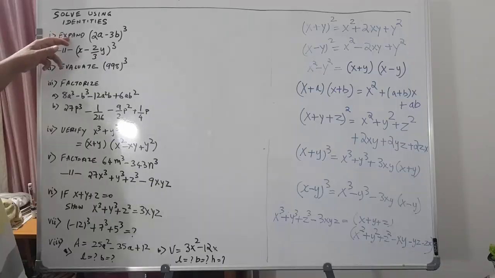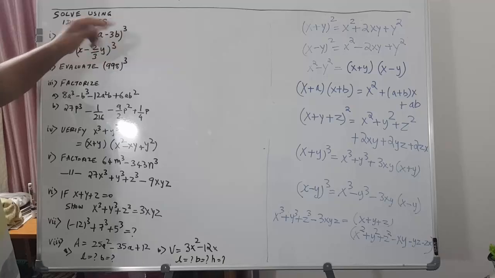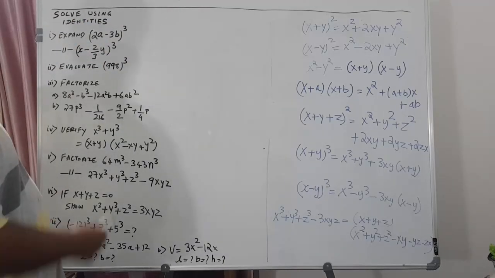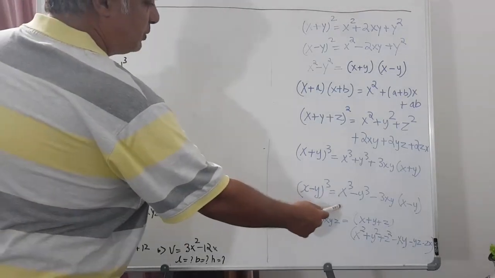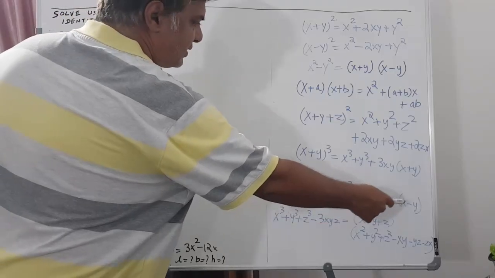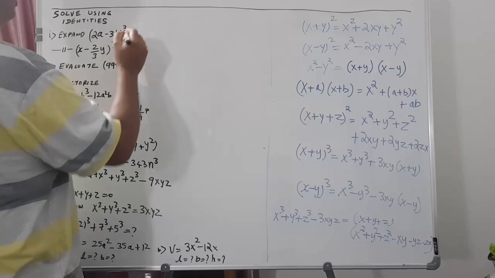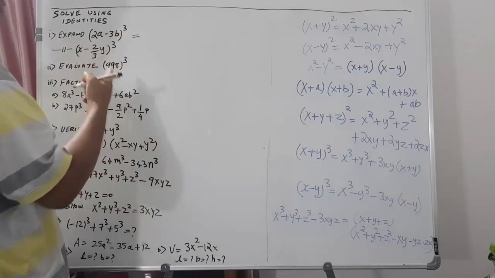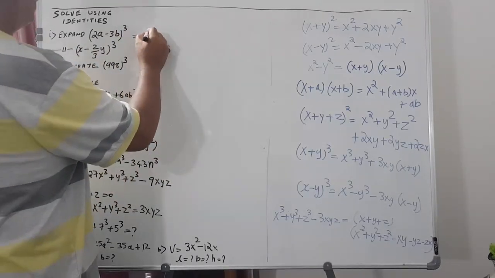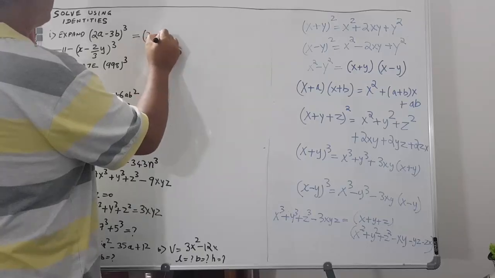Let's practice a few more problems on polynomials. We are asked to expand (2a − 3b) whole cube. Okay, so that looks like (x − y) whole cube, that is equal to x cube − y cube − 3xy into (x − y). So in place of x we have 2a and in place of y we have 3b. So we get (2a) whole cube